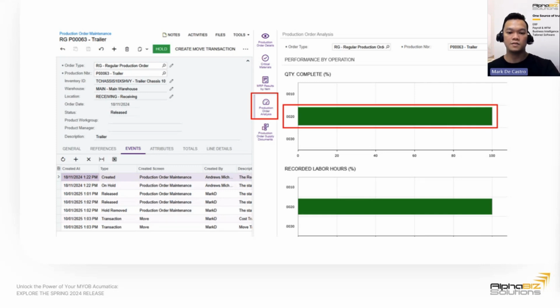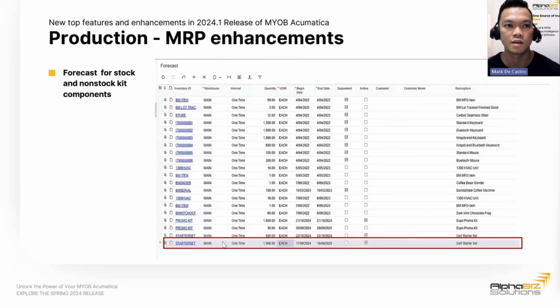So that's it. It gives manufacturing workers the flexibility to report those production operations when they are done, non-sequentially, instead of waiting for the preceding operation to be completed. So that's it for me. Janelle will discuss the next features about MRP enhancements, which targets the manufacturing industries, and some features around generic inquiries enhancement.